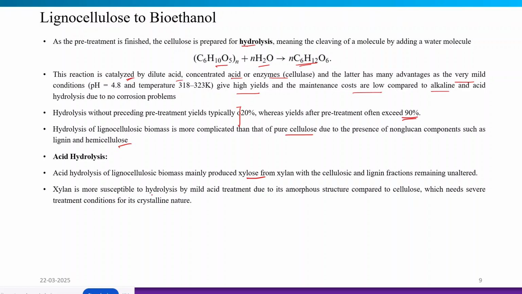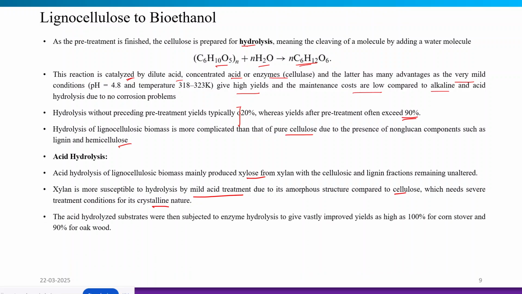This xylan is more susceptible to hydrolysis by mild acid treatment methods due to its amorphous structure compared to the cellulose, which needs severe treatment conditions for its crystalline nature. So with higher crystallinity, it will require harsh conditions for hydrolysis. So the acid hydrolyzed substrates are then subjected to enzyme hydrolysis in the next step to give higher yield,